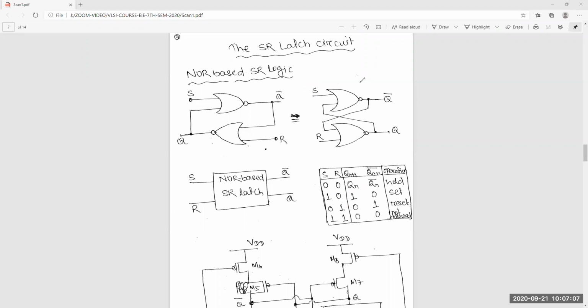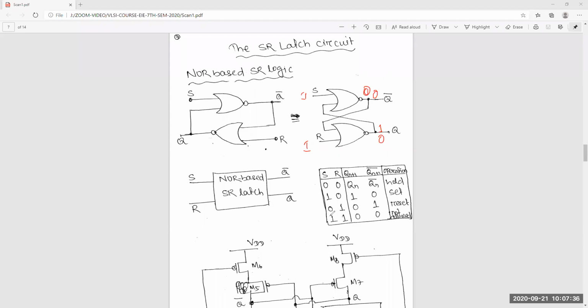Yeah, in the NAND case it is the opposite of the NOR case. Okay. So here, suppose we give 1 and 1, so what happens? You can see, suppose any value is 0 and 1 is here. So it is 1, it's 0. That means you will get 0, and here 1 and 1. So again you will get 0.